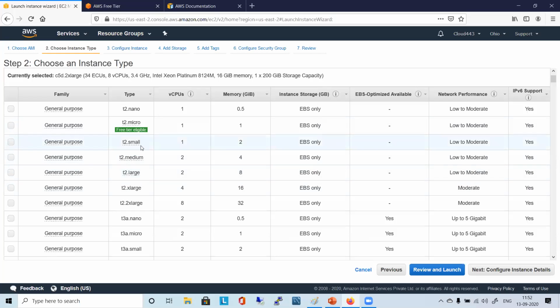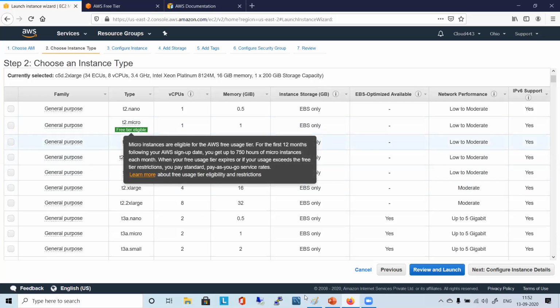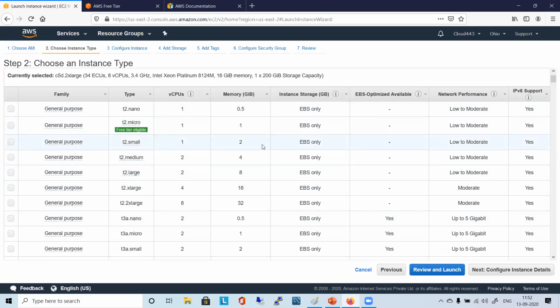Looking at T2, right? T2 Micro to T2 Small. If you see the difference between micro and small, 1 GB of RAM is more. If you look at medium, the RAM has just doubled. Now you look at T2 Large, right? Up to this, the vCPU has remained the same for medium and large, but memory has doubled. Now you start looking further.